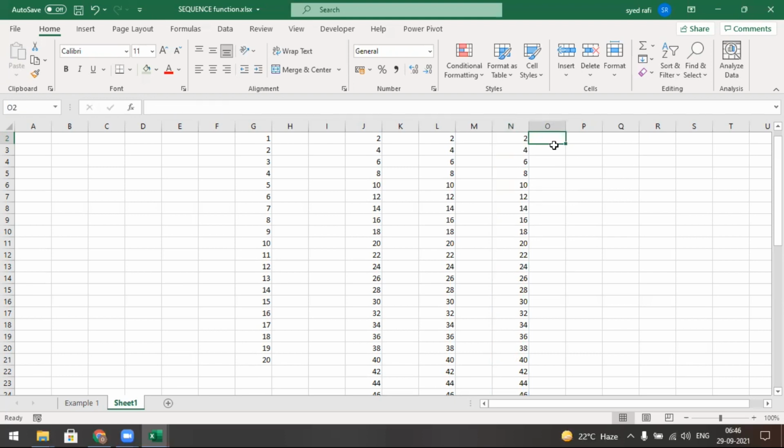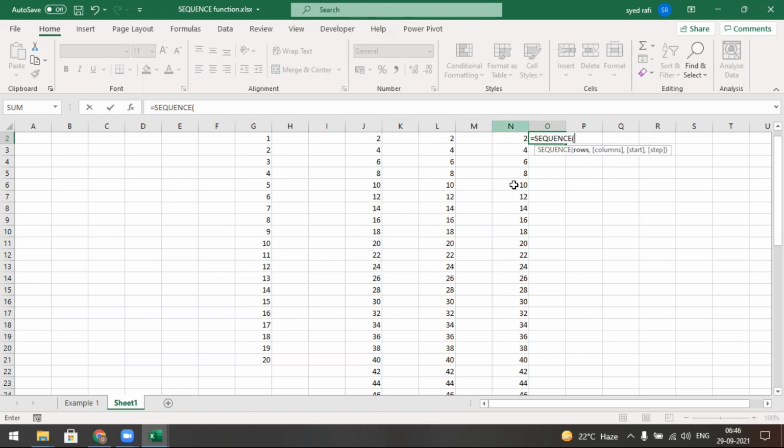But we look at its arguments. What is the meaning of rows? How many rows do you want to display? You must specify columns. I say only one column, so it will be displayed in one column. Instead of one column, I say 10 comma, columns must be displayed as 4, comma, start value must be 2 and step value 2.